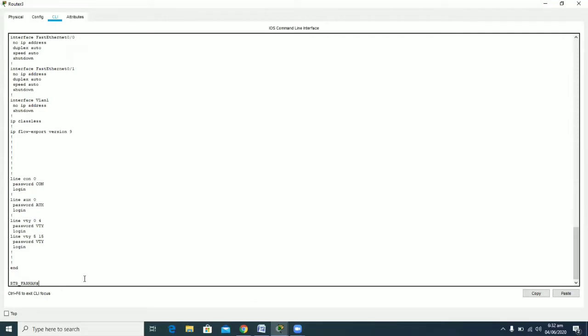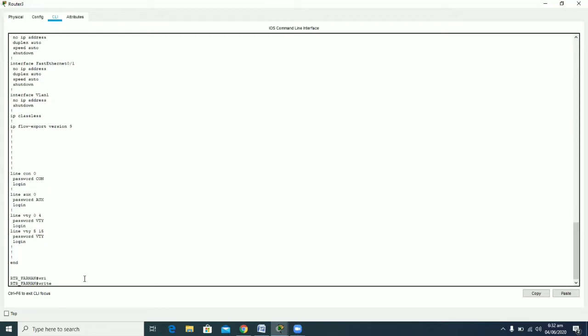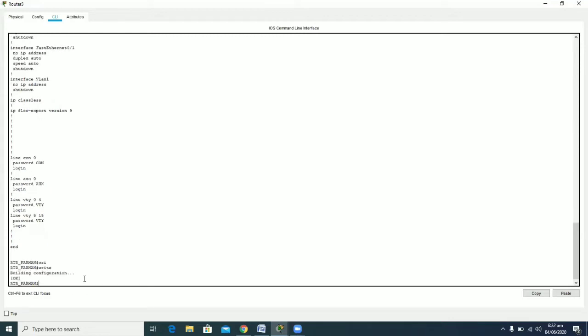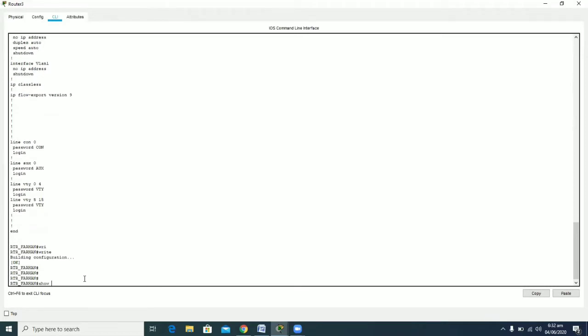One thing more before moving on, I want to save my configuration by simply the write command. So now the configuration is saved. So if you now check your NVRAM configuration, NVRAM is the non-volatile RAM of your router, which stores all the startup configurations. So when you copy your running configuration into the startup configuration, it is basically like copying the dynamic RAM contents into the NVRAM contents.